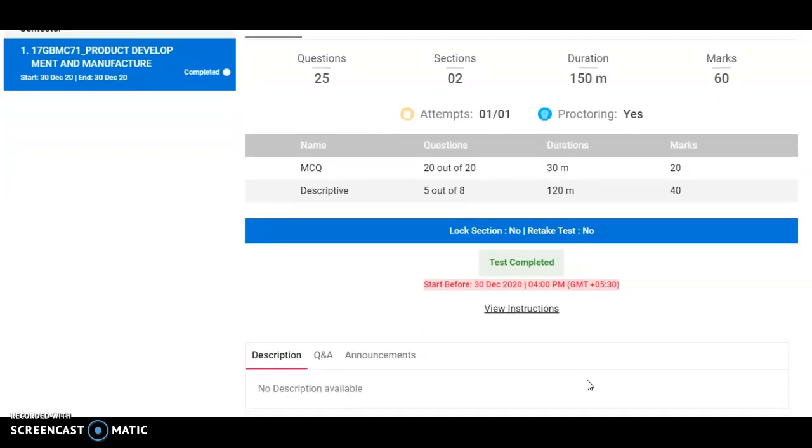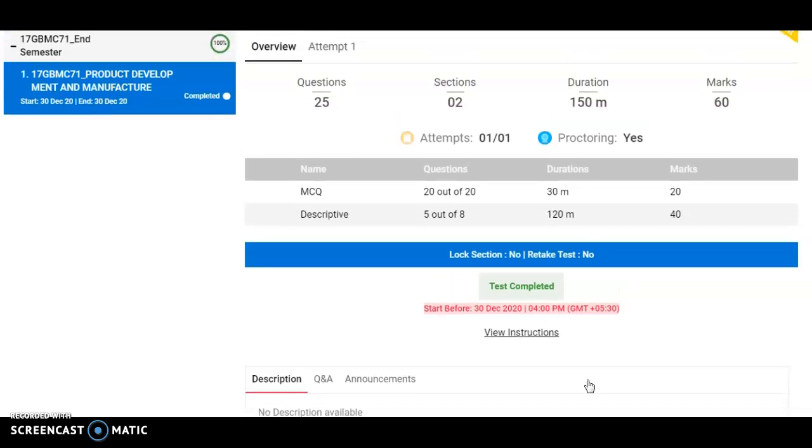if you scroll down the page, you can find the questions. First, the multi-choice questions. The question number 1 will be there. Below the question you can find options. You can find 4 options for the multi-choice questions. You have to choose any one of the options.